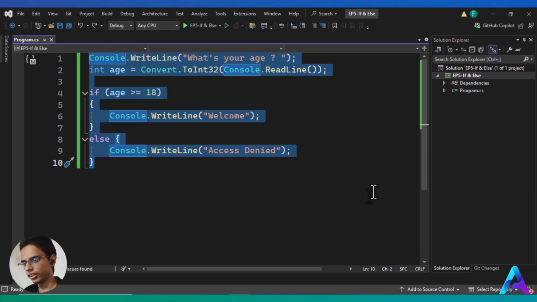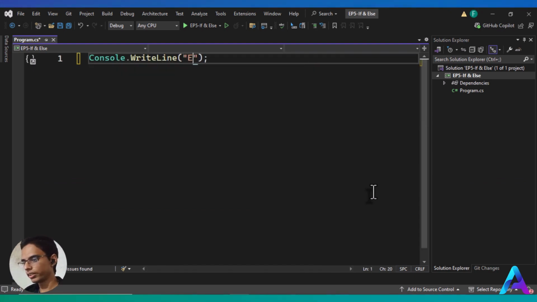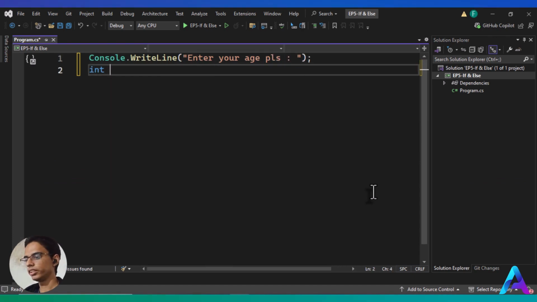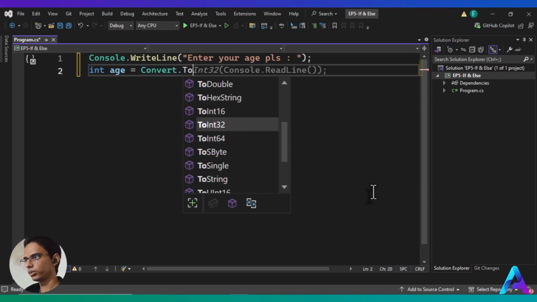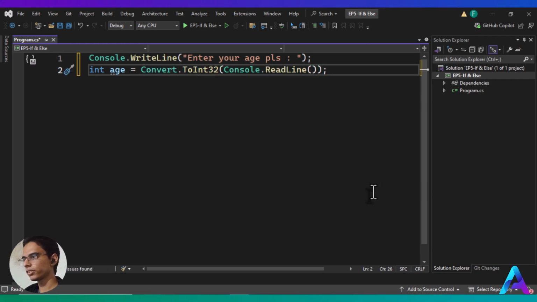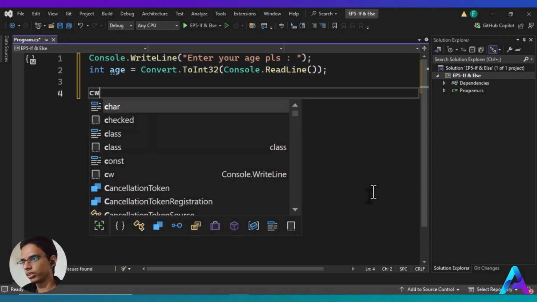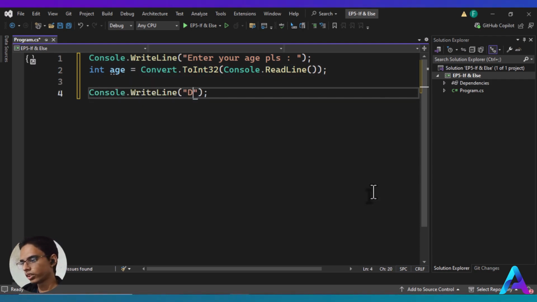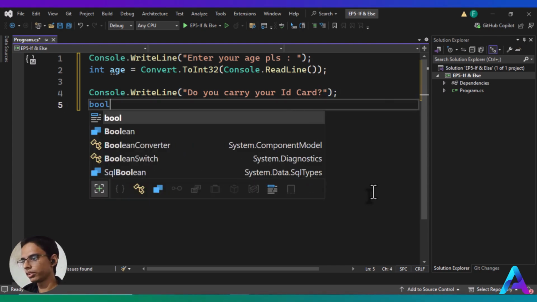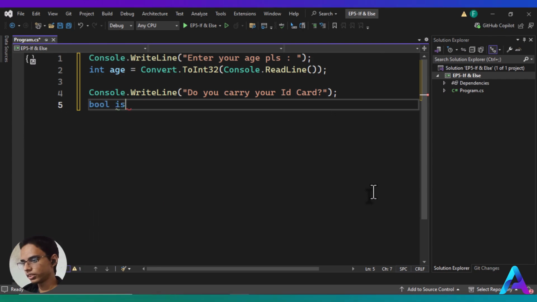So here I say console.WriteLine, enter your age please. int age equals Convert.ToInt32 Console.ReadLine. And then I ask the second question, Console.WriteLine, do you carry your ID card? And question mark, of course. And then I say bool is card